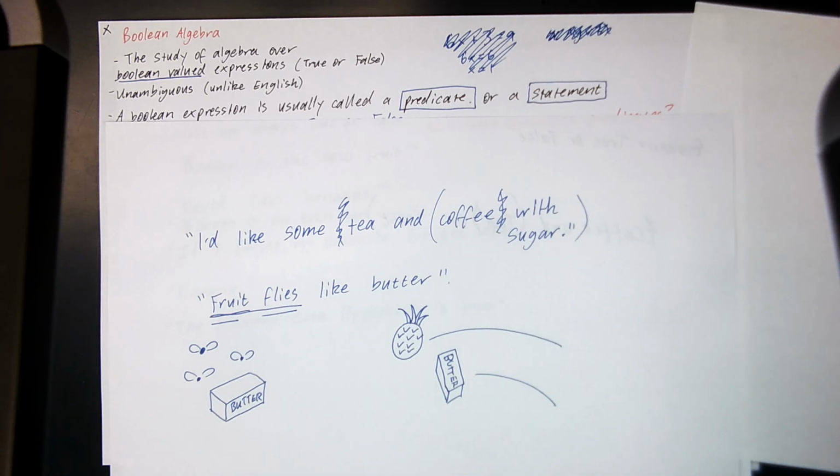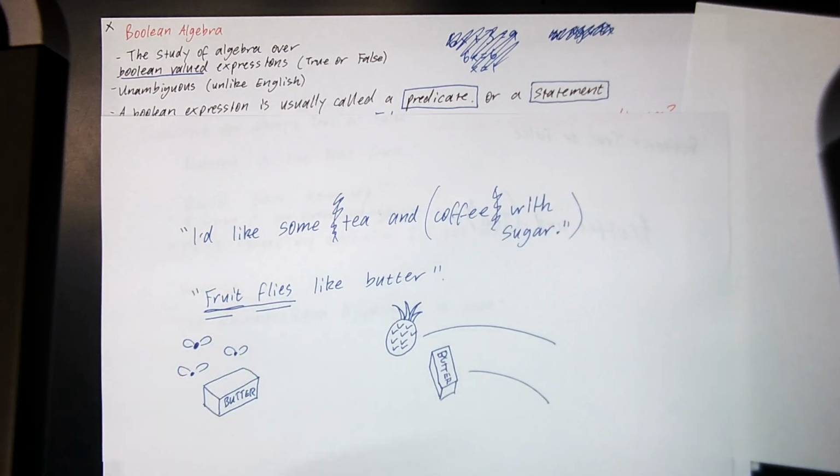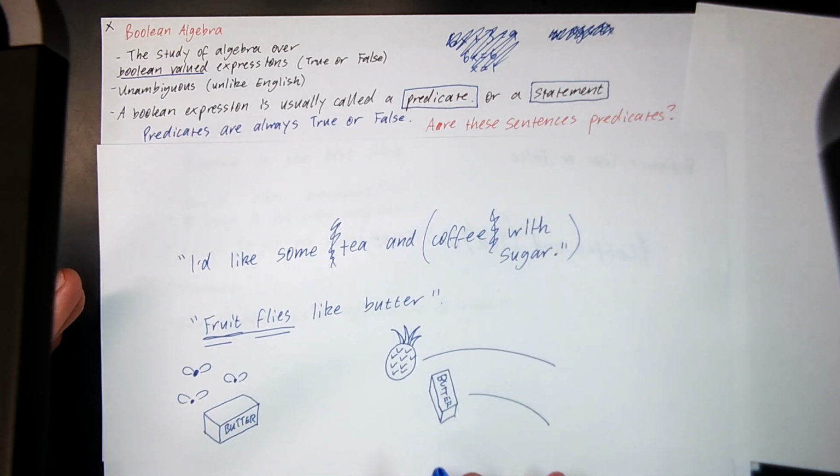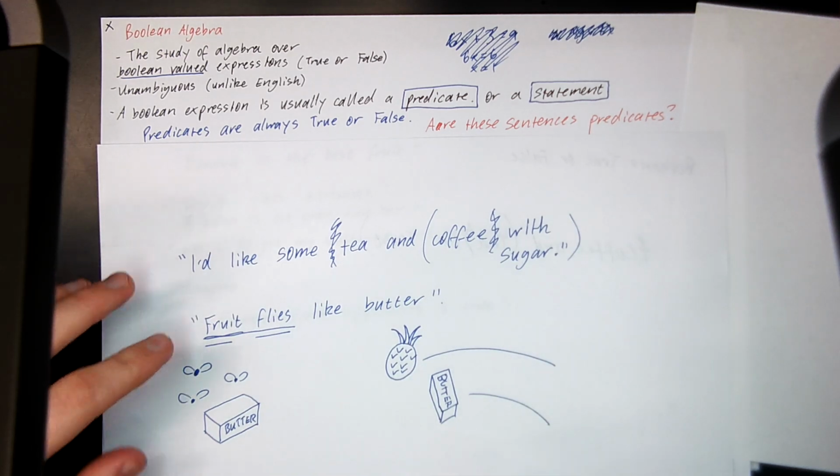So in later videos we'll go through examples of how to take a statement in English and write it in Boolean logic and vice versa. But we'll go through some simple examples first. So a Boolean expression is usually called a predicate or a statement. So these two sentences here, these would be,